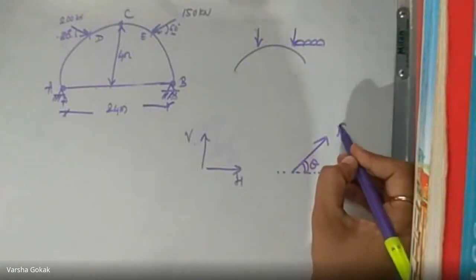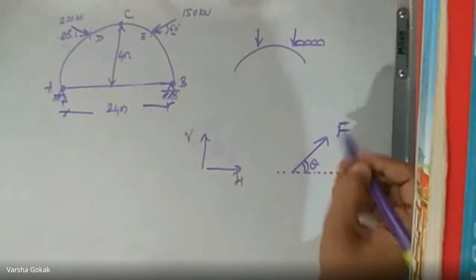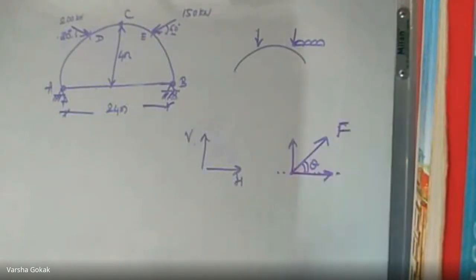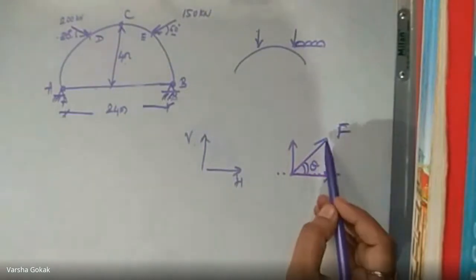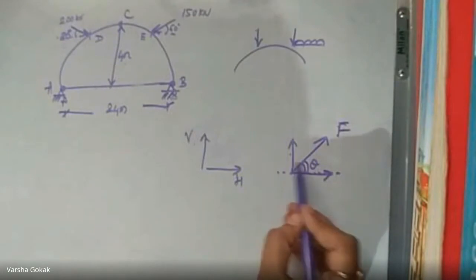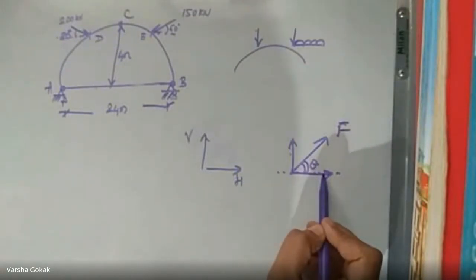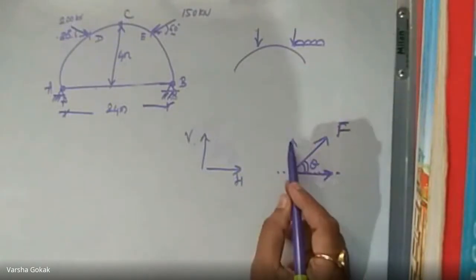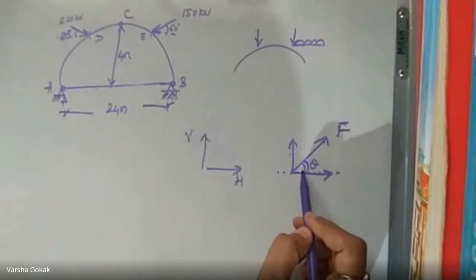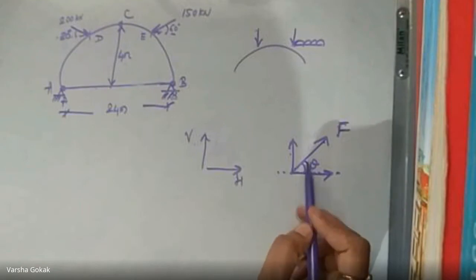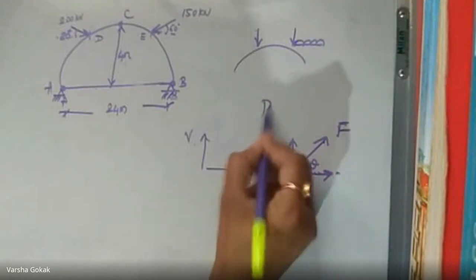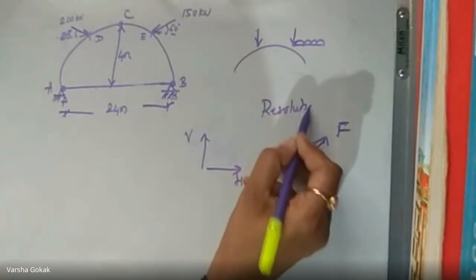Now what we will do is break this inclined force F into two forces, one horizontal and one vertical. So we will be breaking this single force into two forces which are mutually perpendicular to each other. These two forces obtained from this one force are always perpendicular, meaning they make an angle of 90 degrees between them. This entire procedure is called resolution of a force.